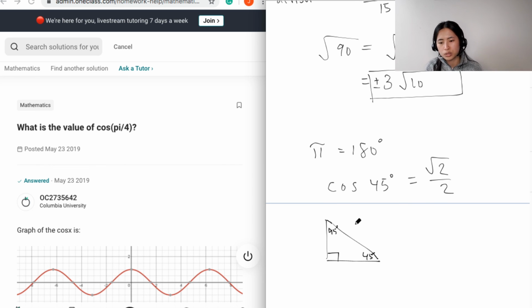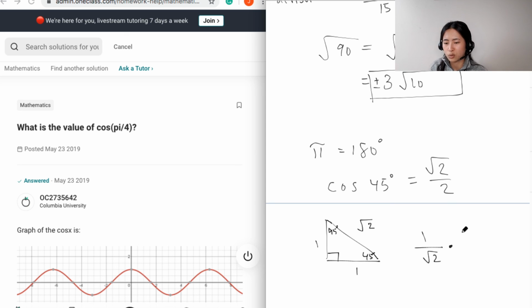And then basically, we know that this is 1 or x, and let's just keep this as 1 for simplicity, and then we have 1, and then we have square root of 2. Great. So now that we have this, remember this is a special triangle because it's cosine. We're taking the adjacent side of whichever 45 degrees you're looking at, but let's say we're looking at this. The adjacent side is 1, so that's the SOHCAHTOA, right? Adjacent over hypotenuse, which is square root of 2,